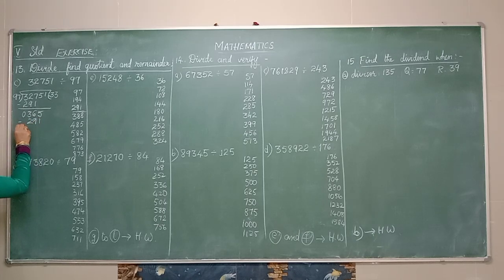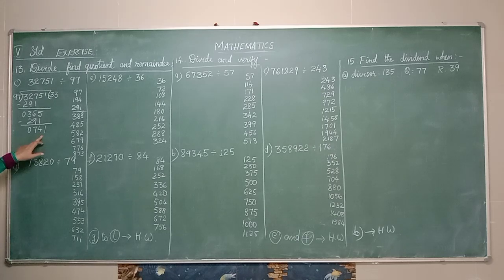291 minus again. So 5 minus 1 will be 4. From 6 you cannot minus 9. So you are borrowing 1 here. And here 2 will remain. Here it will become 16. So from 16 if you minus 9, how much does it come to? It comes to 7. So here 2 will remain, 2 minus 2 will be 0. Immediately what you have to do? You have to bring 1 down. So when you bring 1 down, now it is 741.